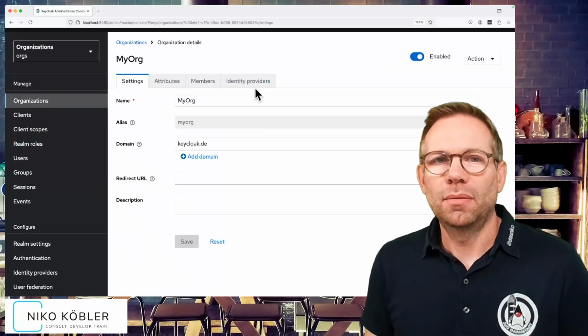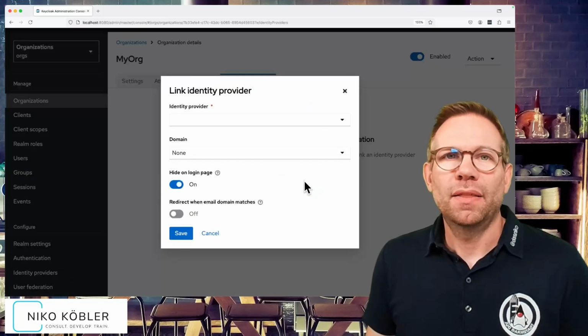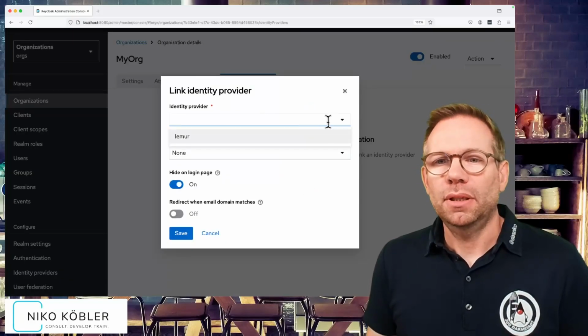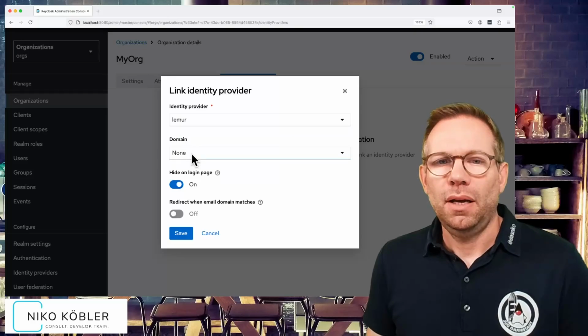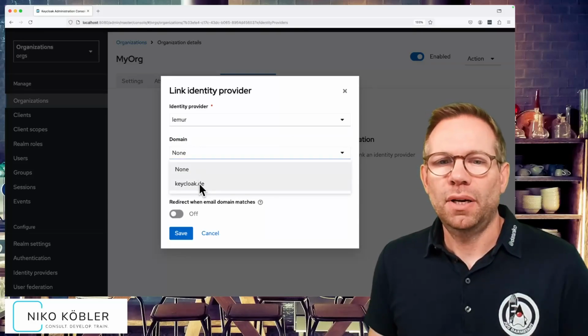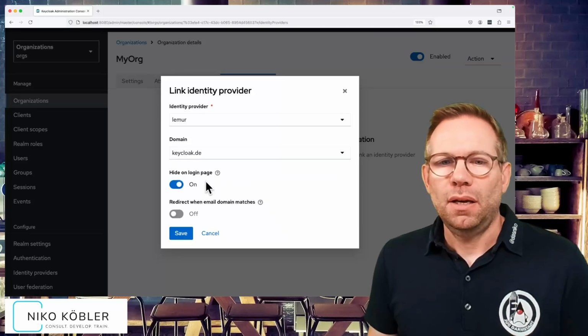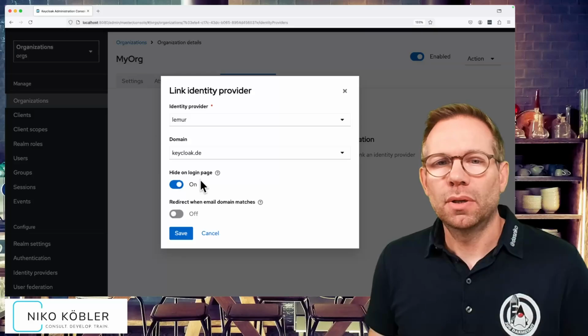So go to my org, identity providers, link identity provider. Then I can select the proper identity provider. That's the alias of my configured IdP, it's Lemur. And I can assign a domain for this identity provider. It's keycloak.de. I want to hide it on the login page because I don't want to show which identity providers